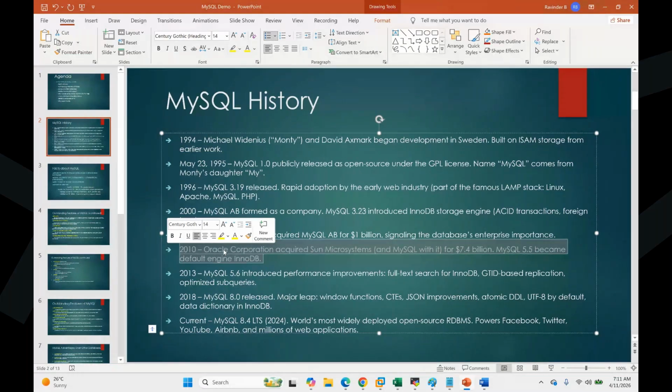Even though Oracle acquired MySQL from Sun Microsystems, they still kept it open source because of the rules and regulations. In fact, Michael Widenius, who developed MySQL, was not trusting Oracle. He thought they would definitely make this heavily licensed, and people couldn't use this product. That's where he forked one more product called MariaDB. He took the entire open source code and started another product journey called MariaDB. MariaDB is also slowly getting deviated.